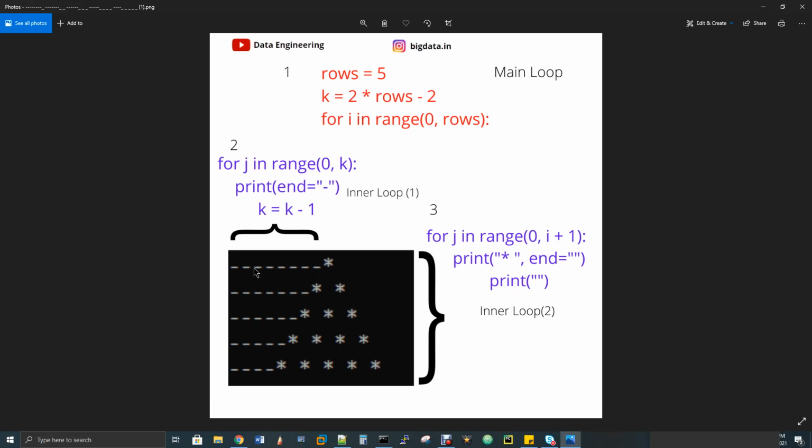So one thing is I need a space. The first inner loop is actually doing the space part. It will just print the space, and then the second inner loop is to print the star. Okay, let's start from the first line. Number of rows equal to 5, and that means you have 5 rows here: 1, 2, 3, 4, 5. It starts from 0. Okay, so here we have 5 rows, and the next line is k equal to 2